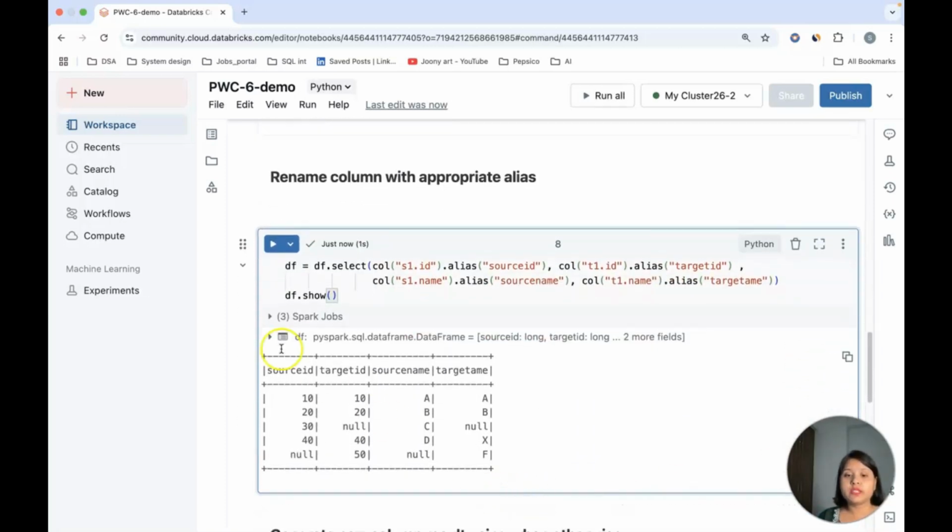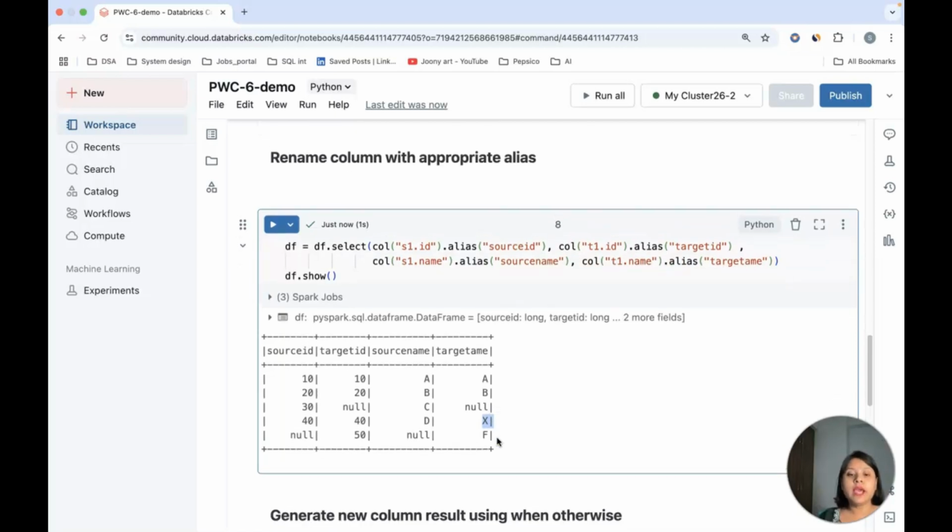So this is my source IDs, this is my target ID, this is my source name, and this is my target name. Now you will see for source ID 10, there is no change. For source ID 20, there is no change. So we don't need that in the output. What we need is for source ID 30, there is a change, that is the source name is C, but now it has been deleted from the target, right? And for 40, there is a change. The source name was D, but now the target name is X, right?